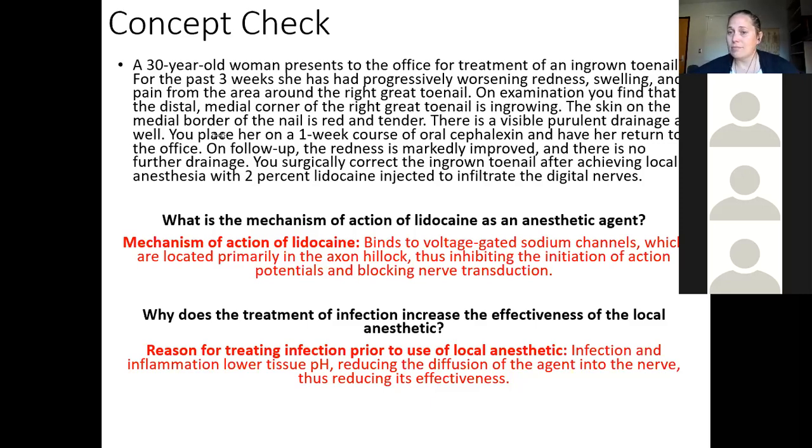So the local anesthetic will be more concentrated at the site, so you wouldn't have as much spread. But I guess the big takeaway here is that because of the differences in pH, the drug wouldn't be able to penetrate the cells. So the bigger part of the answer is that the penetration into the cells is going to be altered, if that makes sense.